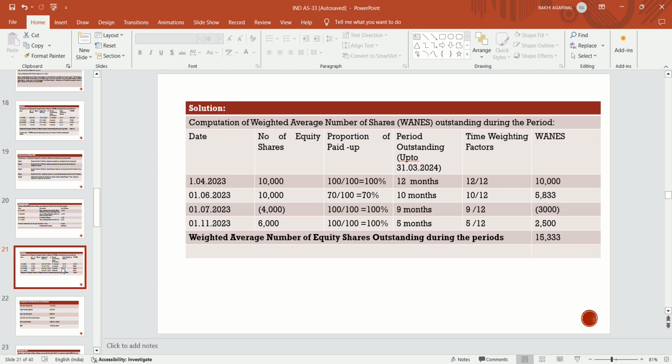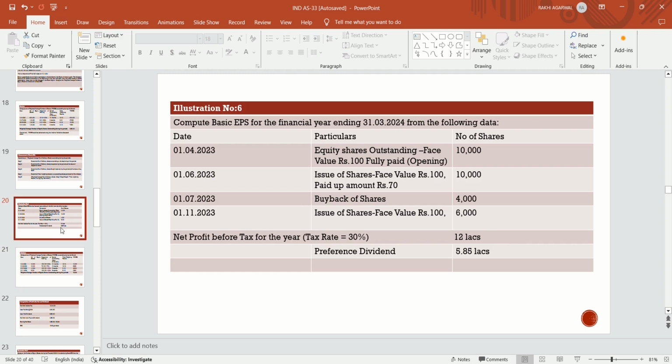4,000 total is to be bought back for a period. It was bought back on 1st July, so 9 months will be calculated. The time weighting factor is 9 divided by 12 into 4,000, so it becomes 3,000. Now on 1st November 2023, the company issued another